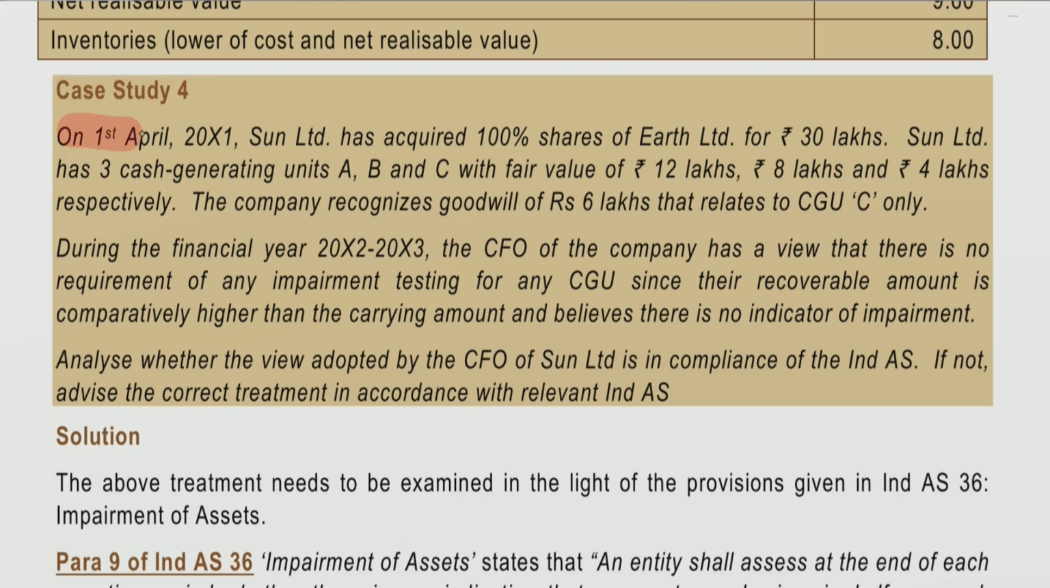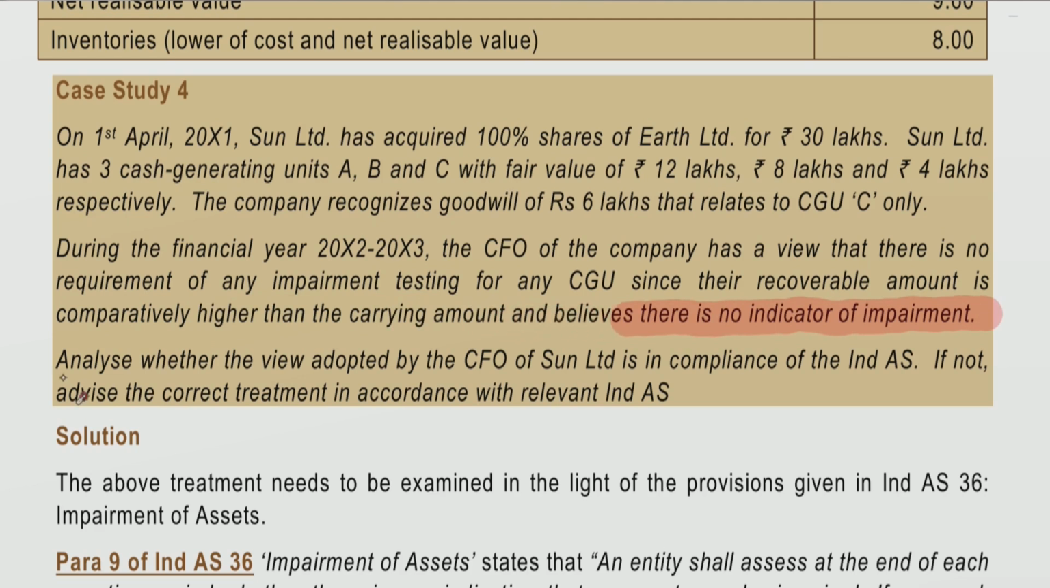Case study 4. On 1st April 2021, Sun Limited has acquired 100% shares of Earth Limited for rupees 30 lakhs. Sun Limited has 3 cash generating units A, B and C with fair value of 12 lakh, 8 lakh and 4 lakh respectively. The company recognizes goodwill of rupees 6 lakhs that relates to CGU C only. During the financial year 2022-23, the CFO of the company has a view that there is no requirement of any impairment testing for CGU since their recoverable amount is comparatively higher than the carrying amount and believes there is no